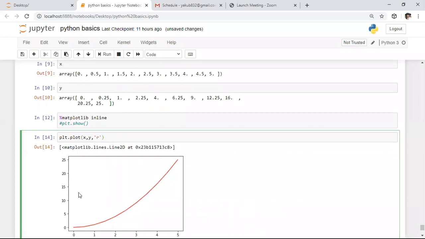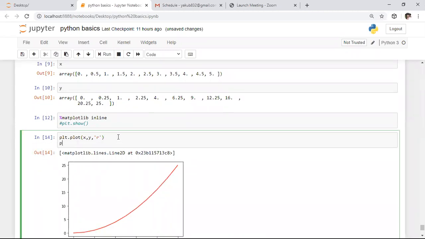After this, I want to keep an axis name. I want to keep the x-axis name as well as the y-axis name. To keep the axis name in the plot, in matplotlib itself we have the xlabel function to keep the name for the x-axis. Whatever name you want to keep for the x-axis, you can write that name here. So here I'm saying x-axis only. You can write anything here, whereas I'm writing x-axis.